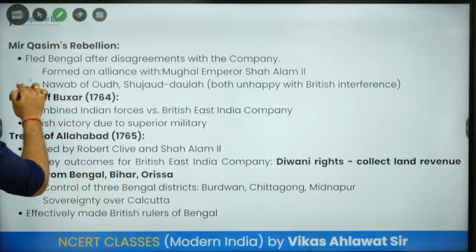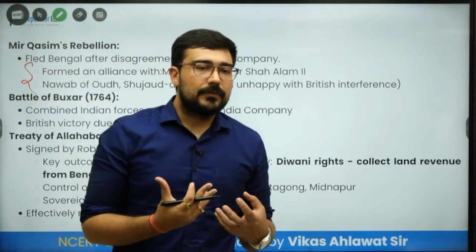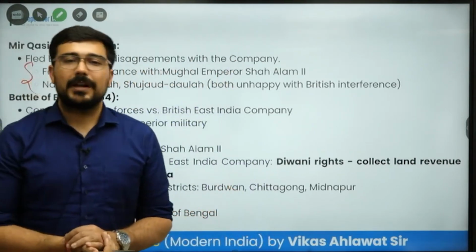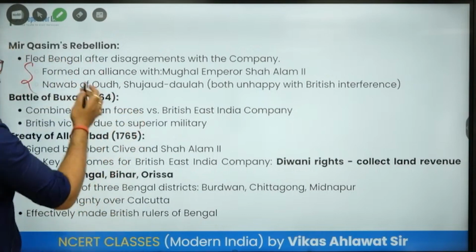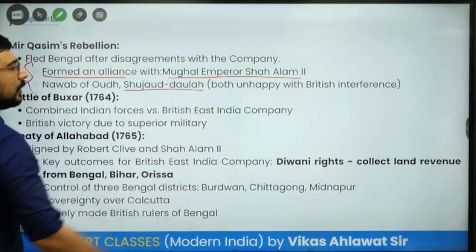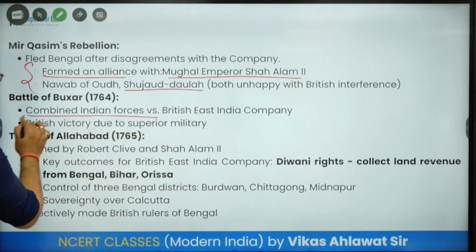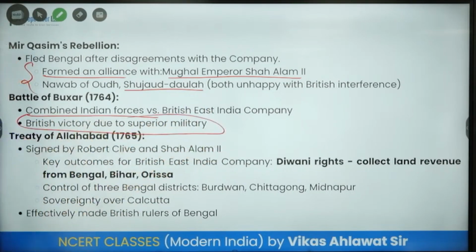Qasim's rebellion, why? The reason was very clear. He wanted to show himself as an independent personality, which was not liked by the British. So he fled, and he formed an alliance with Shah Alam II as well as with Shuja-ud-Dawla. They fought this Battle of Buxar, which they lost, a British victory due to superior military, and then they signed